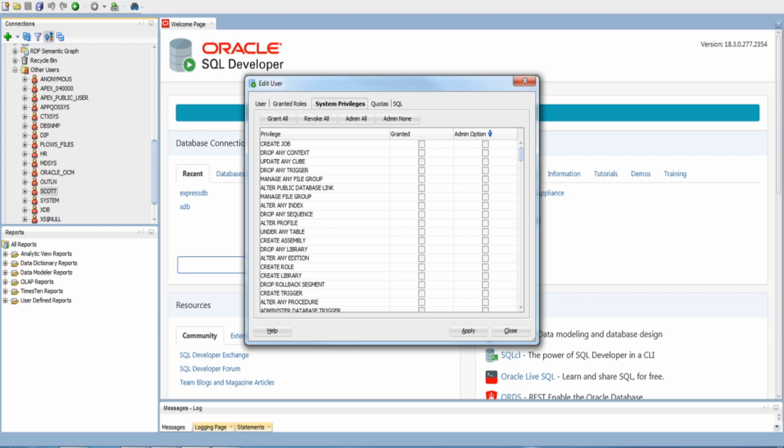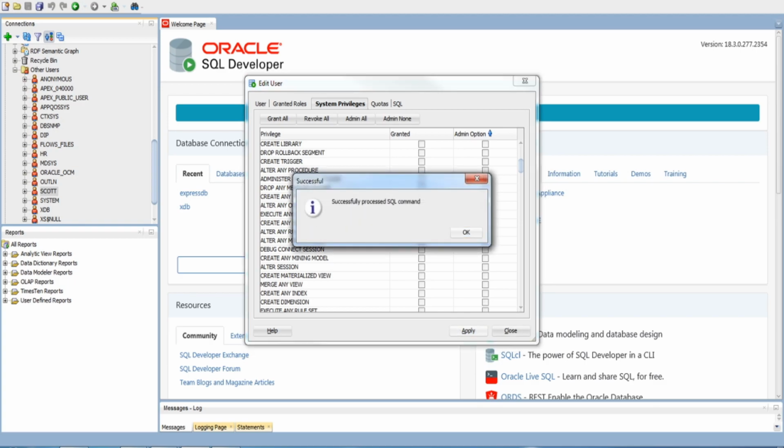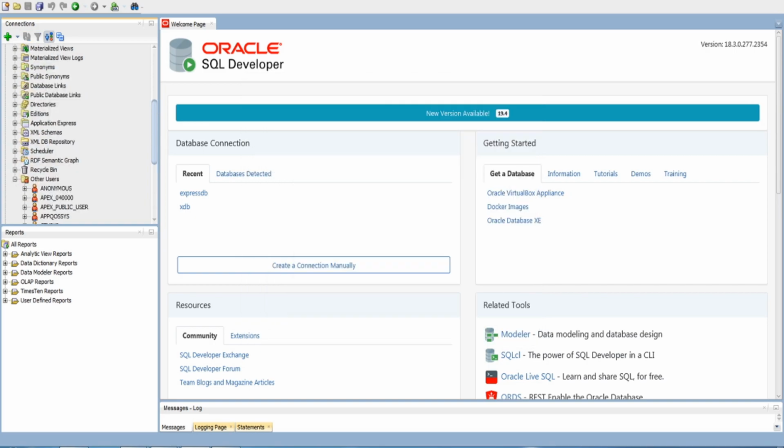As sys we granted, and we granted even the admin option. So the admin option is used to grant to another user. Connecting as Scott, we can grant the create user permission, which we have just granted, to someone else. This way we can apply and close this. Successfully completed, processed SQL command, done with this.